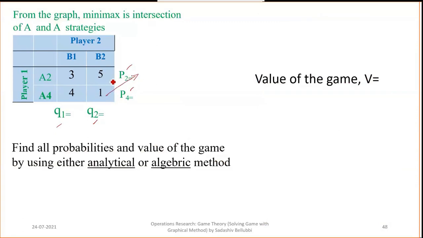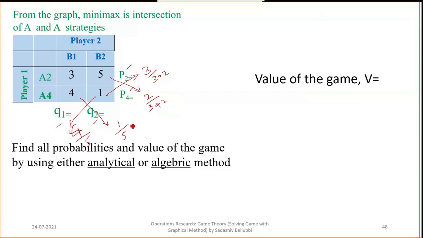For the first probability, the difference of 4 and 1 is 3, and for this one it is 2, and the total is 3 plus 2. This is the way you need to solve if the matrix is only 2 by 2. It's not necessary to find Q1 and Q2. If you want, you can find it, no problem, but it is not necessary. It is 4 and it is 1, and the total is 4 plus 1, which is 5.